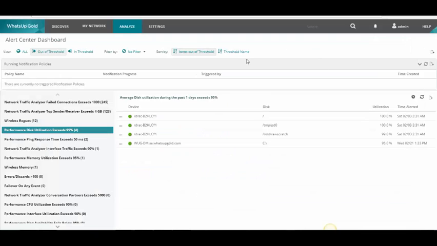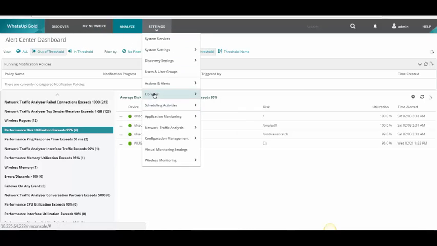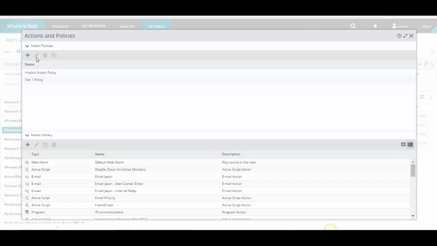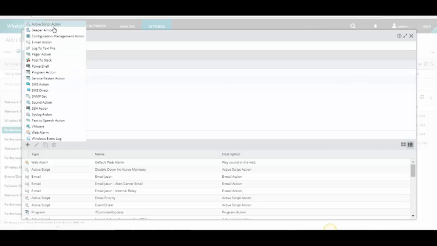Those are some of the actions that we can take to alert based on a threshold. Actions are available either through email, SMS. We can also, as I mentioned on the active monitors, take many remedy type actions, and those can be to do things such as run an active script.